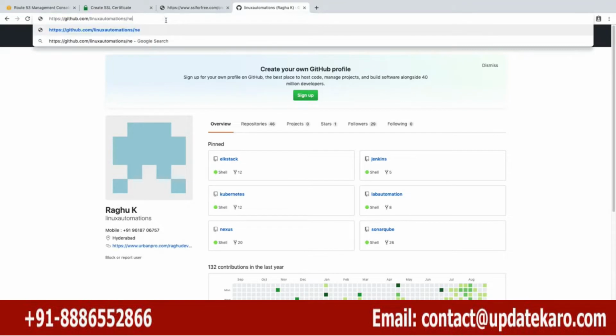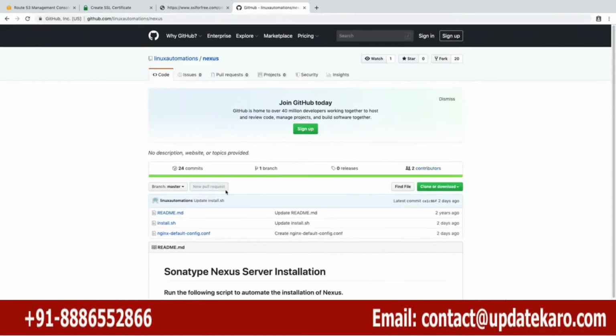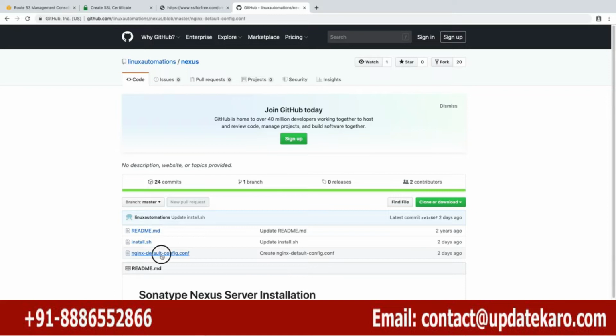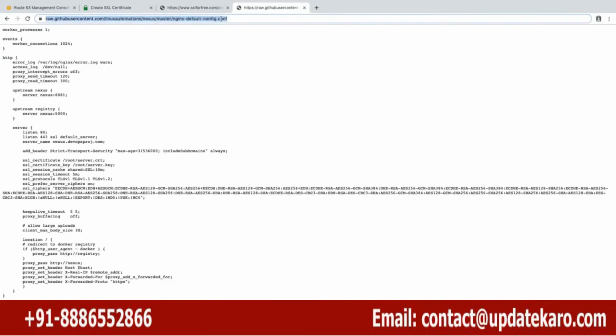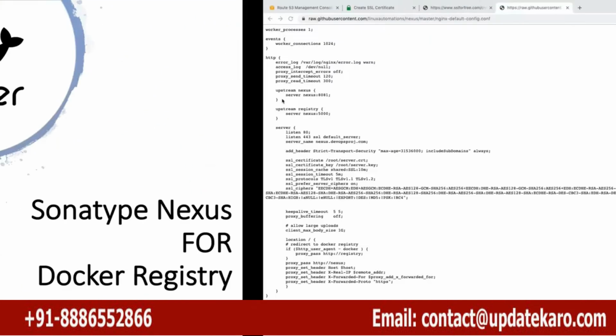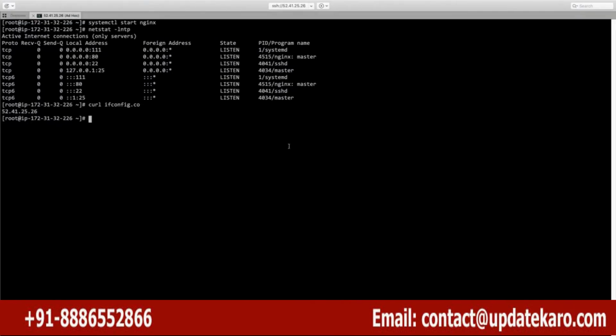I think both are available in the Nexus folder. Yeah, so there is an Nginx default configuration file. And I'm just talking about this. So here is a configuration file. Now I just want to go on